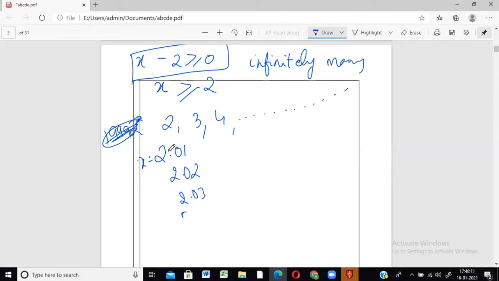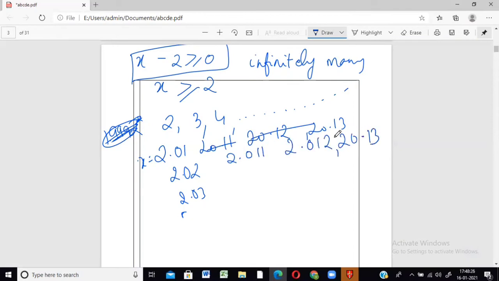अब जैसे मैंने यहाँ पे देखो 2.01 बोला है, 2.02 बोला है, 2.011 भी हो सकता है, 2.012 भी हो सकता है, 2.013. So all these values, सब 2.0, right? 2.011, 2.012, 2.013 भी हो सकता है. So all these values can be greater than 2. So 2 और 3 के बीच में मेरे को इतने सारे values मिल रहे हैं. 2.5, 2.6, 2.51, 2.52. So many values I'm getting.